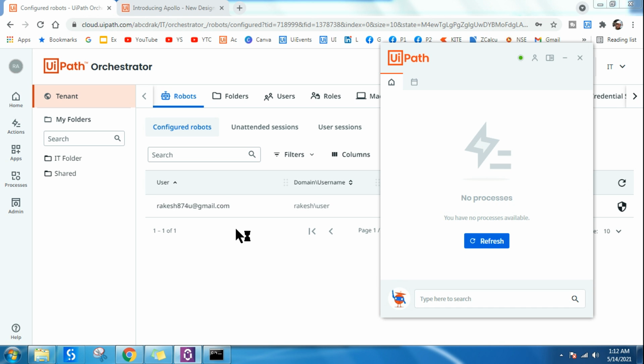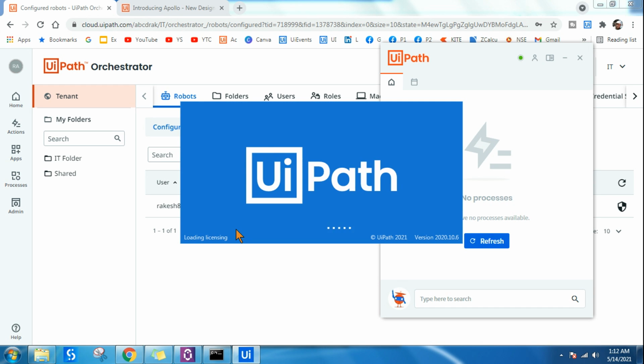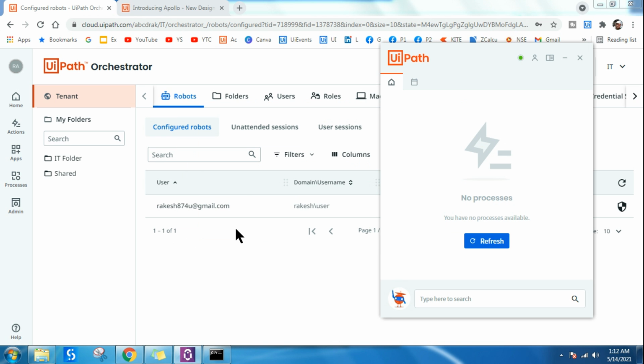So this is the very simple step. I know many of you have requested me from last 2 weeks. I saw a lot of people wanted to understand how to connect your robot for the very first time. How do you provision your robot for the very first time using the new UiPath Orchestrator Apollo design? So this is a very simple step. I made it pretty clear. There are so many other things, and there are other videos which I have created. You can utilize those videos in the Orchestrator playlist. Concepts remain almost the same, but there's a new design. So that's why I have created a new video over here.